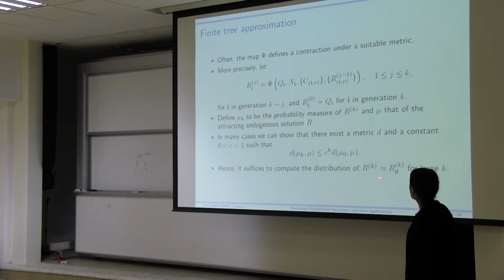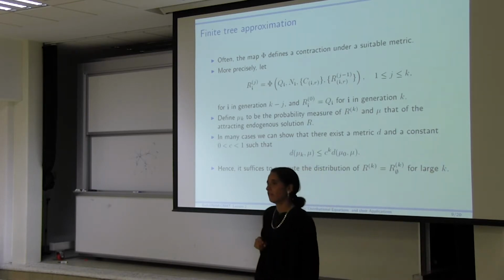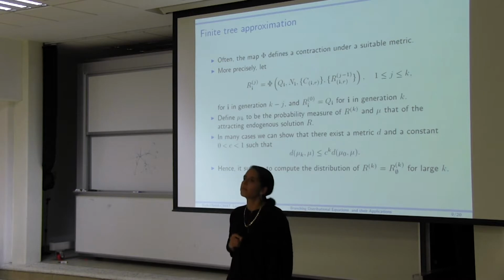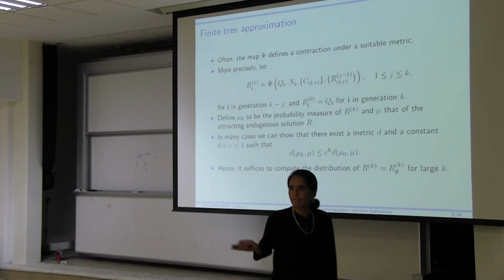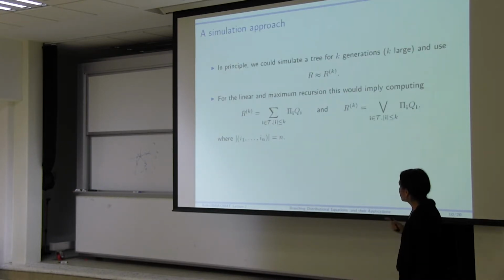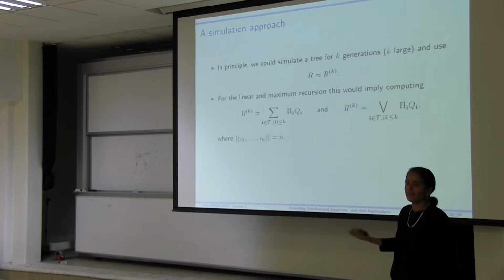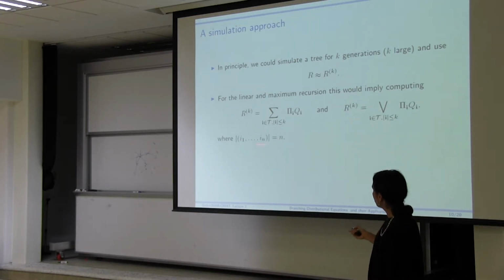So let's say that I want to compute R10. Of course, in the PageRank case, the average in-degree of a web page is 33. So 33 to the 10 for one observation doesn't quite work. So what I started saying yesterday is, let's go the simulation approach and use that geometric ergodicity to say, well, because it's converging so quickly, geometrically fast, I don't really need to look at all the tree. I'm happy with only a few generations.